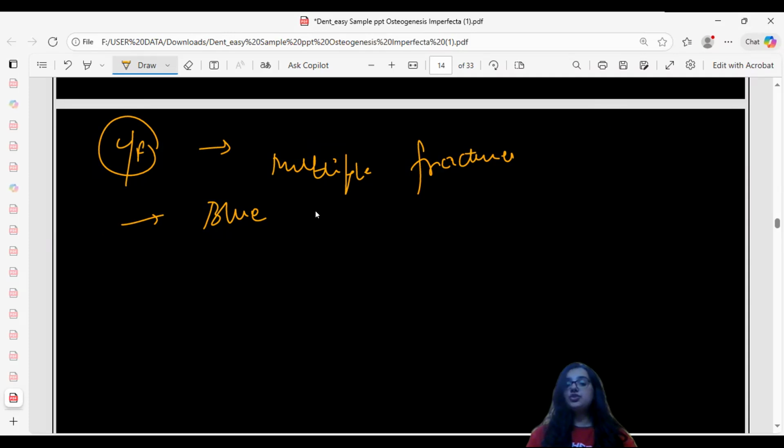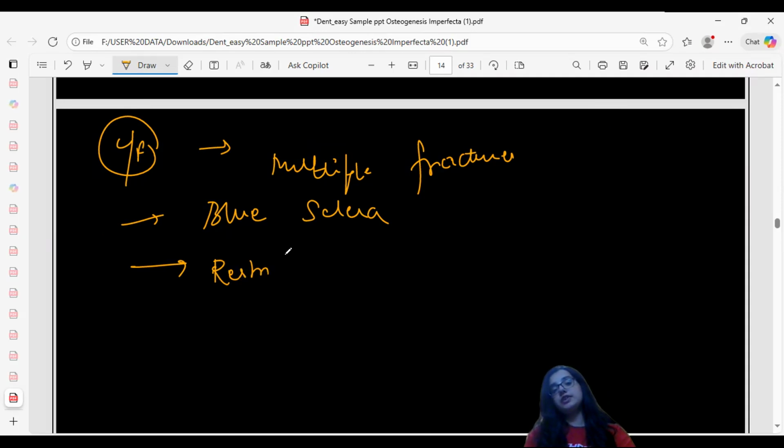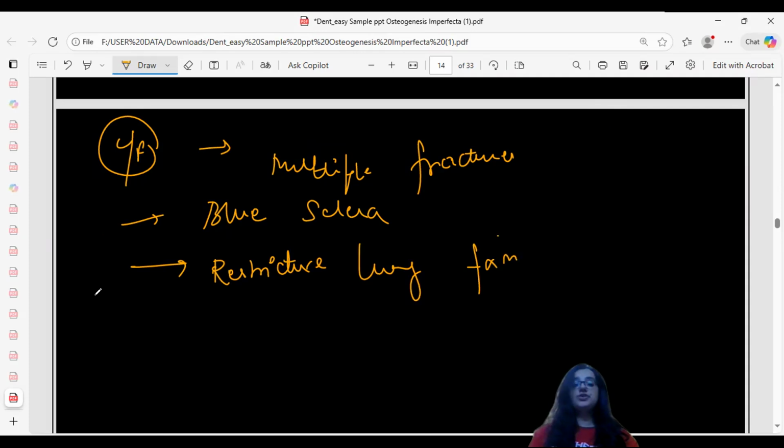उसके वजह से भी रिस्ट्रिक्टिव लंग फंक्शन रहेगा. सो कॉम्प्लिकेशंस में रिस्ट्रिक्टिव लंग फंक्शन. हियरिंग लॉस क्यों हो रहा है? हियरिंग लॉस इज बिकॉज ऑफ